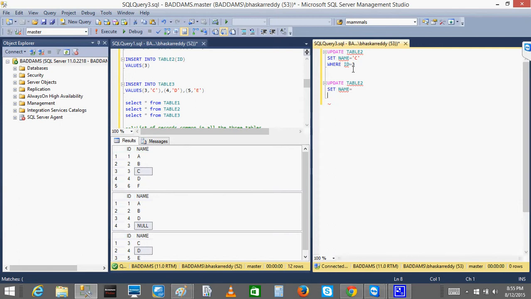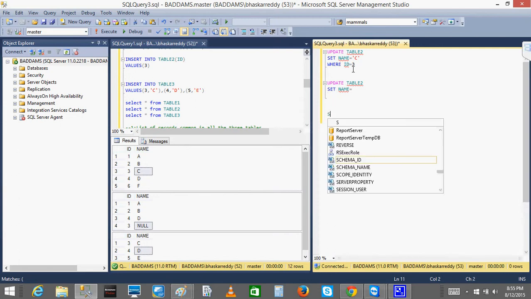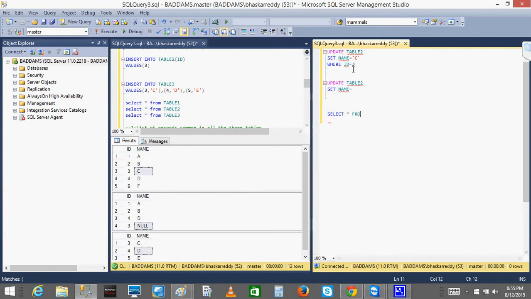So first I'll write an inner join: select star from table 2, and I'll name it with the alias T2, then you will be able to see it clearly. Then inner join table 3 as T3